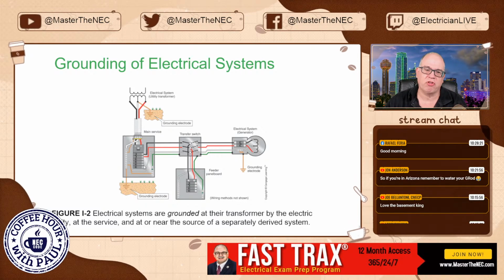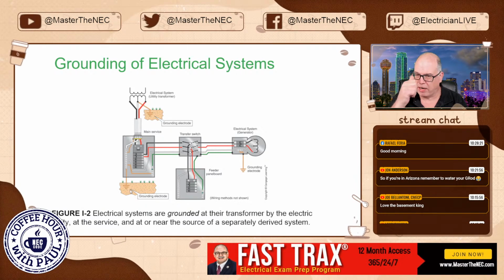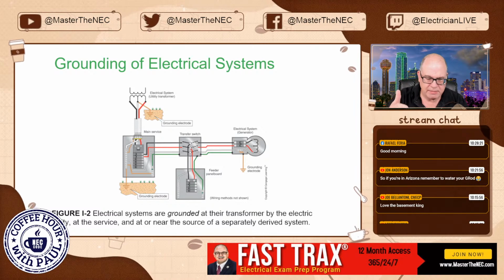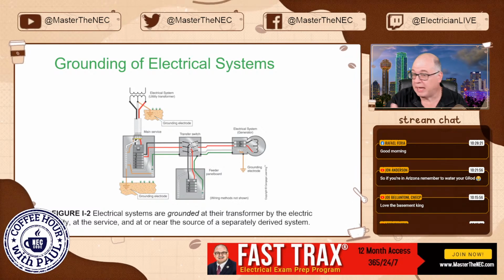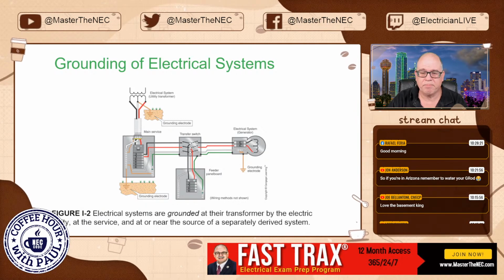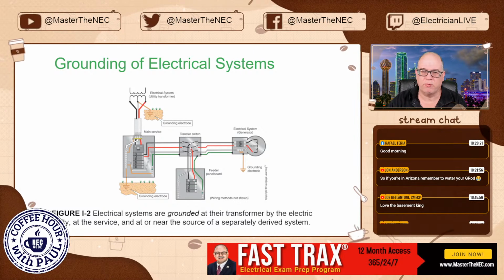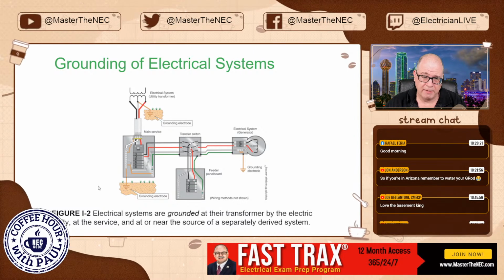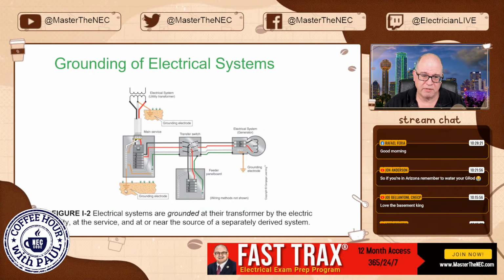All we're trying to show you here is your grounding electrode, whatever it may be: ground rods, pipe, plate, a UFER ground, a water pipe ground that's supplemented by another electrode, or a ground ring. You're going to size those based on 250.66, and you're going to size that based on these conductors, by the way, on 250.66, okay?